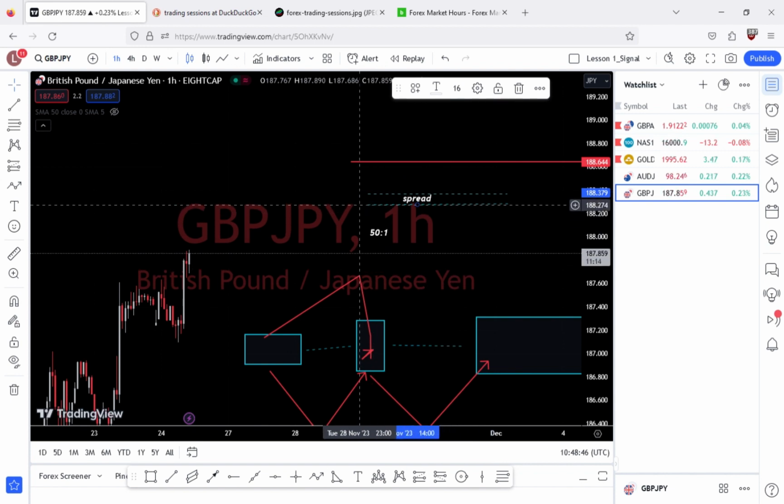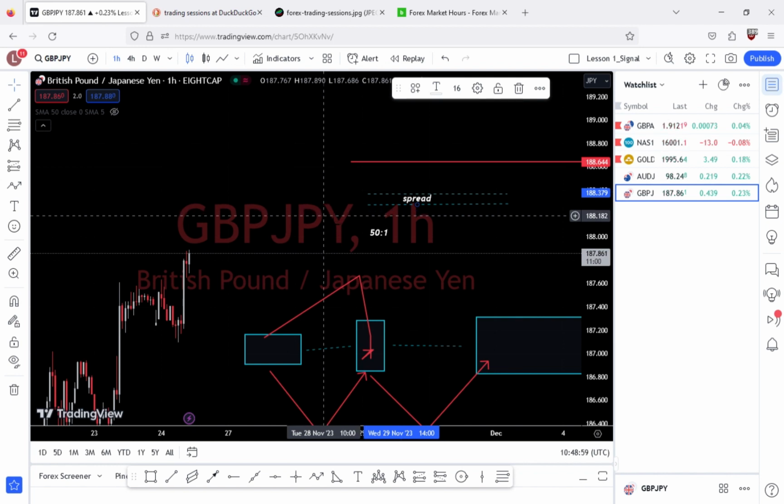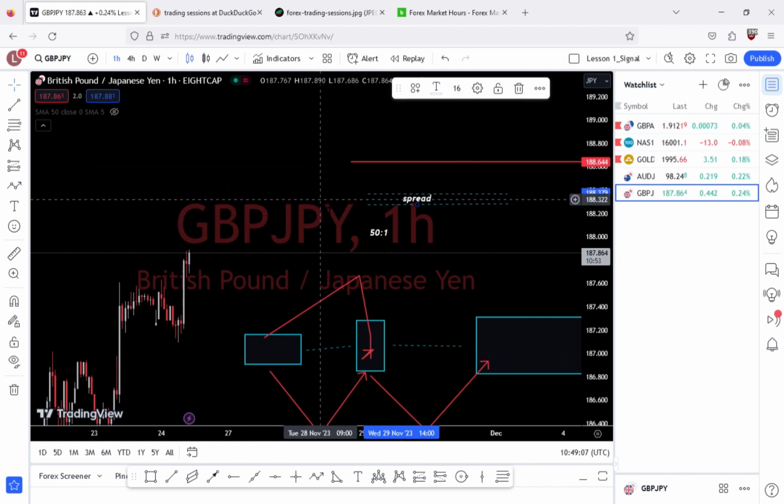Whenever you open a position, it starts off negative. I don't know if you've noticed that. The reason it starts off negative is because your broker takes something called commission from the funds you use when you open. So they charge you for opening a position. For example, if you believe the market is going to go down and you open a sell, it won't be opened at the buy price. It will be opened at the sell price.